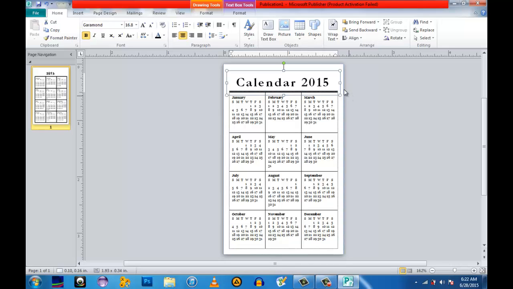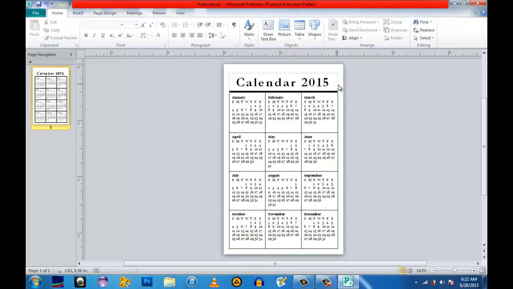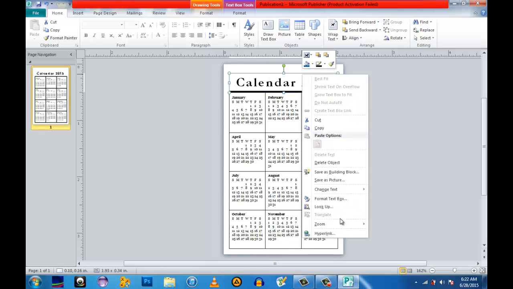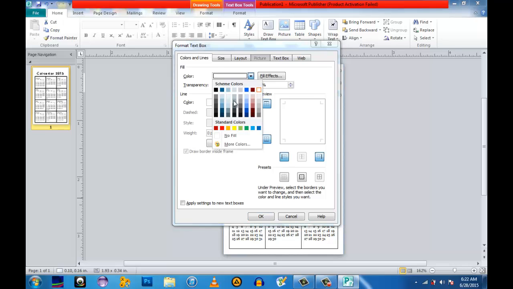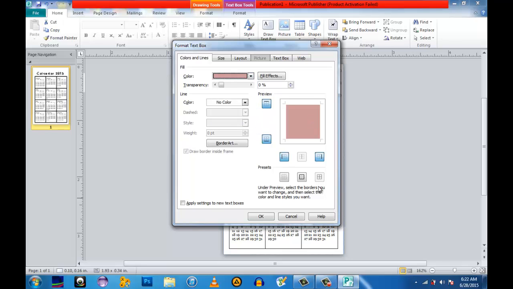You can add some colors in this. So let us see, I want to color this with, and so since I'm a girl, I'll be using this color.